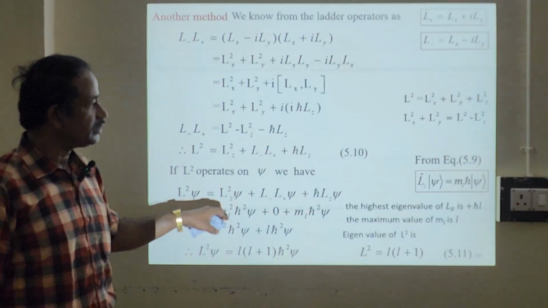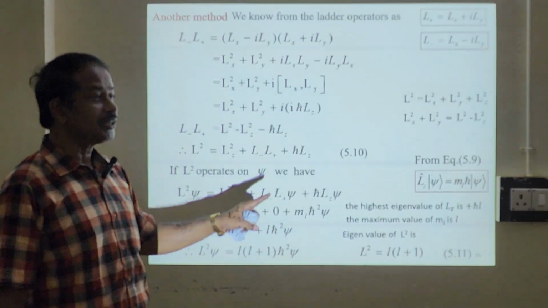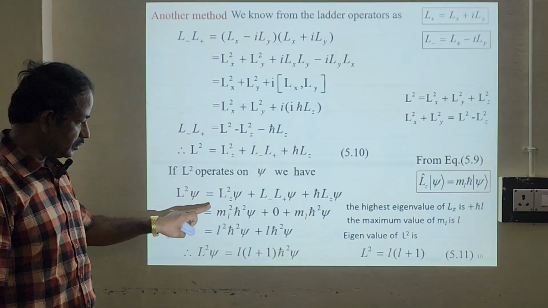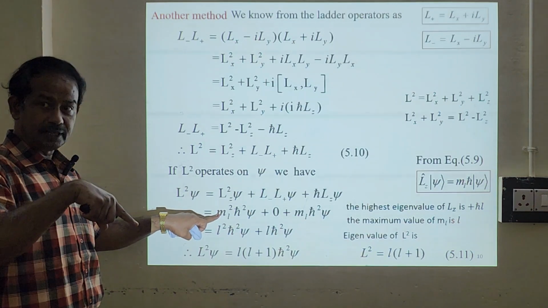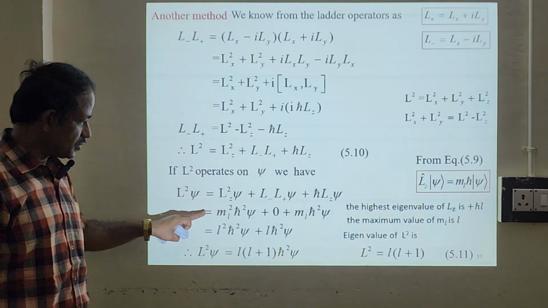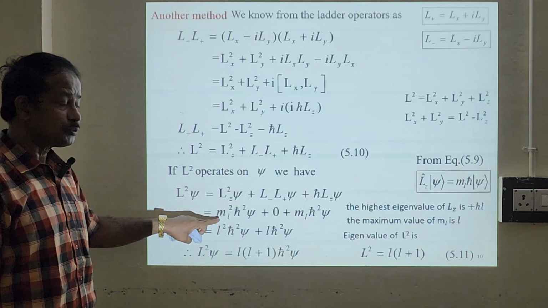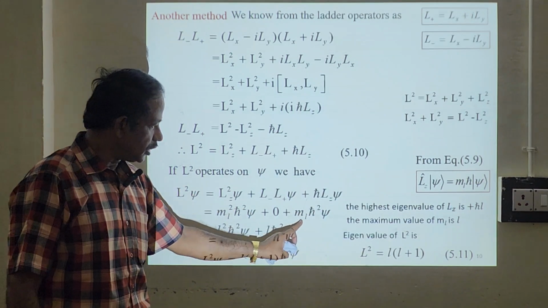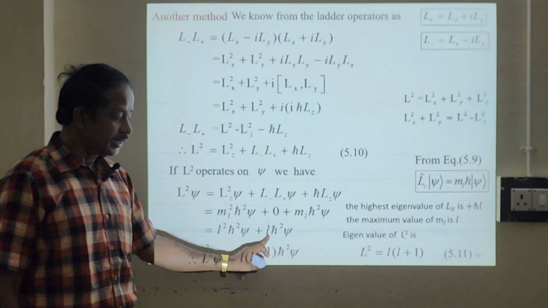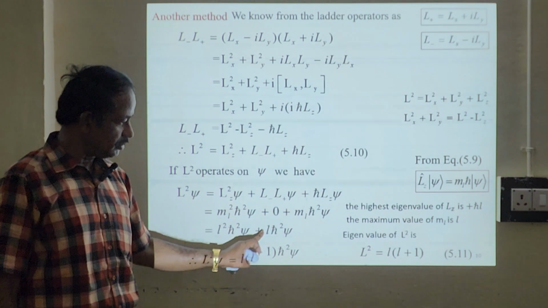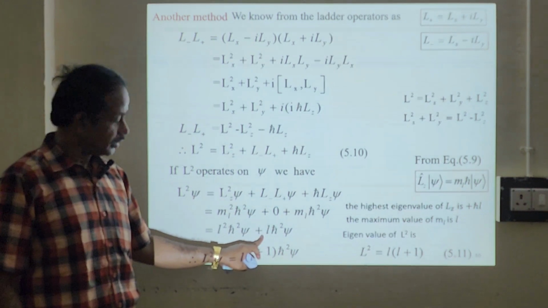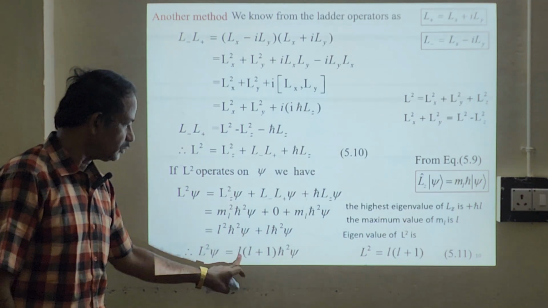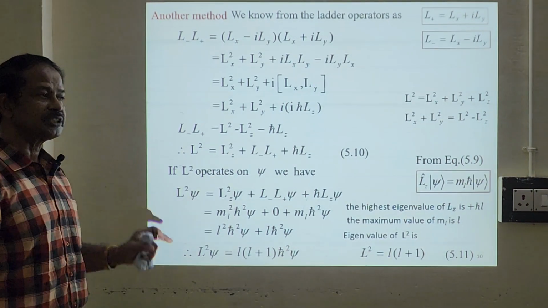Now a very important thing is, the highest eigenvalue of Lz will be ħ L. So you can write this as ħ L. That will give you L squared ħ squared psi. And here also you have ml, and the answer will be L ħ squared psi. The highest eigenvalue of ml will be L. So we can pull L out, L plus 1 ħ squared psi. So this is the expression for